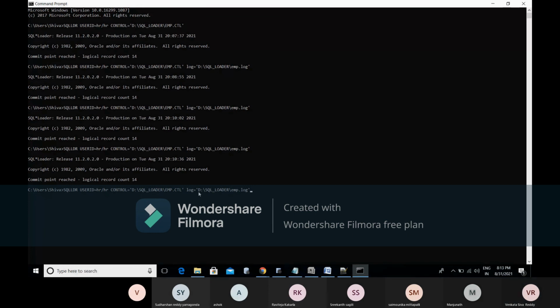Got it? In a similar way, this is a third party utility, and we have similar functionality in Oracle loader. Oracle loader is also similar to the SQL loader.